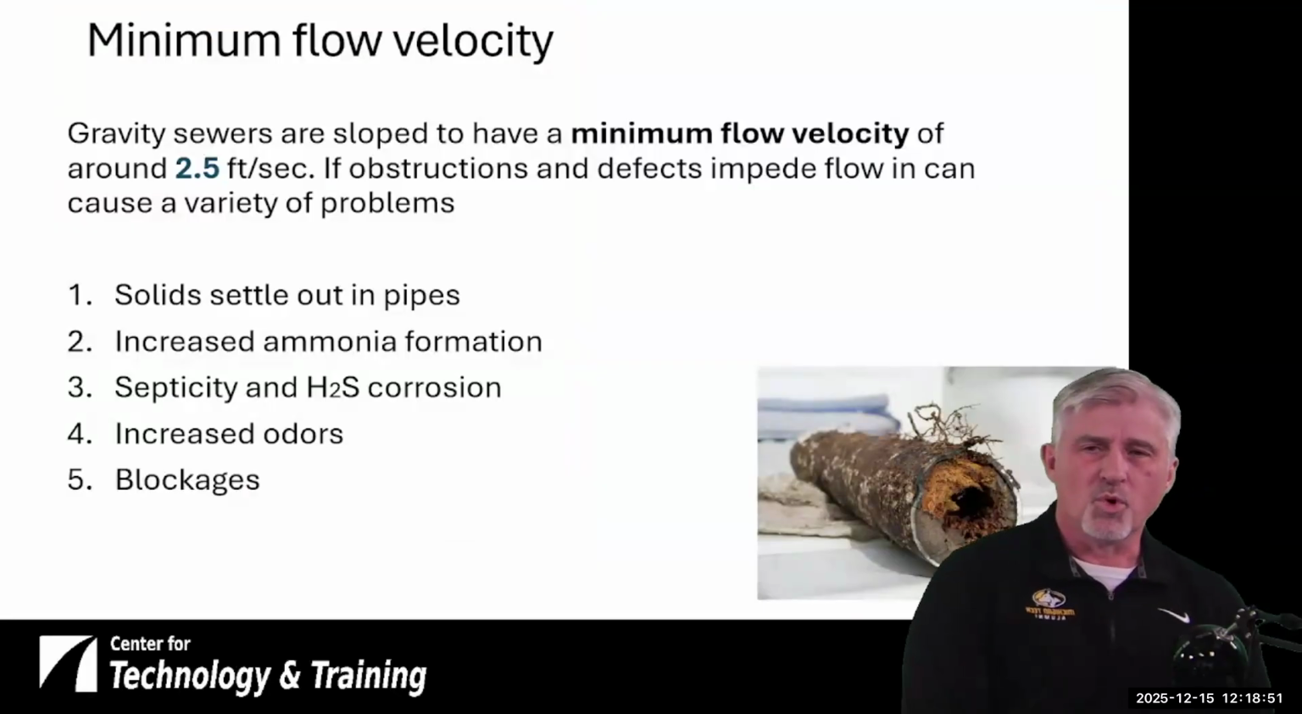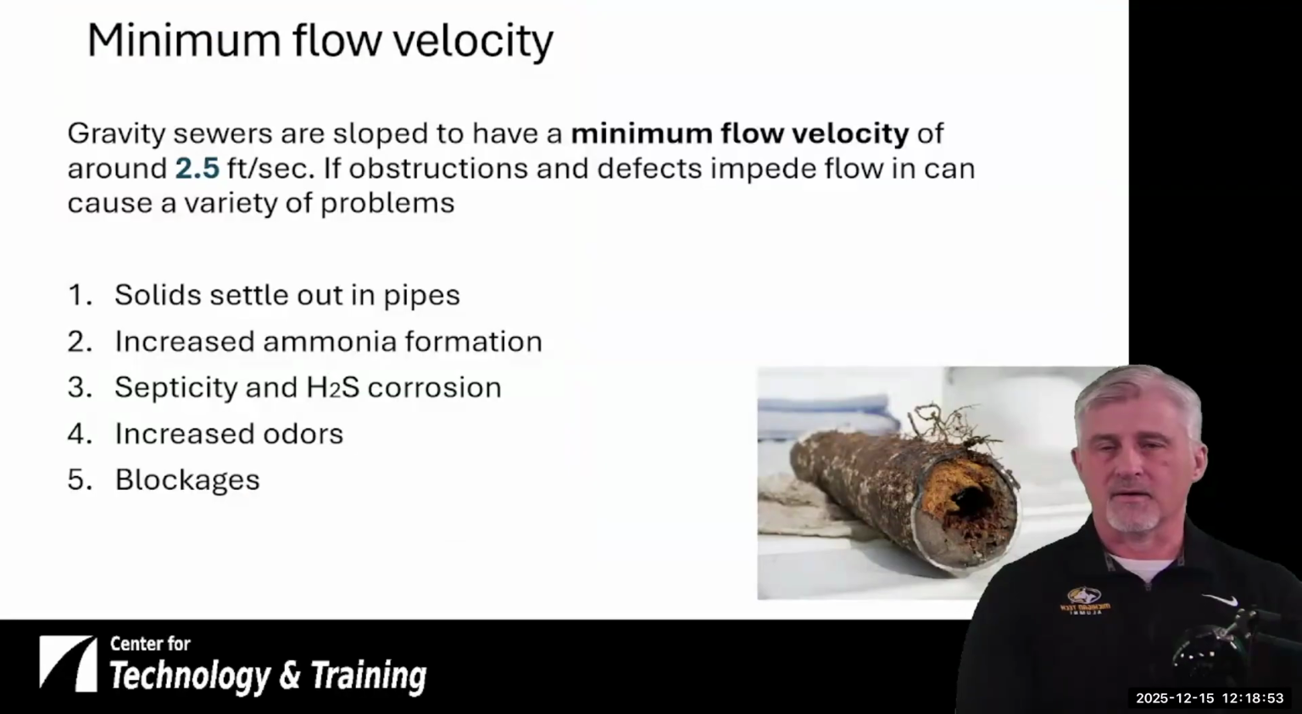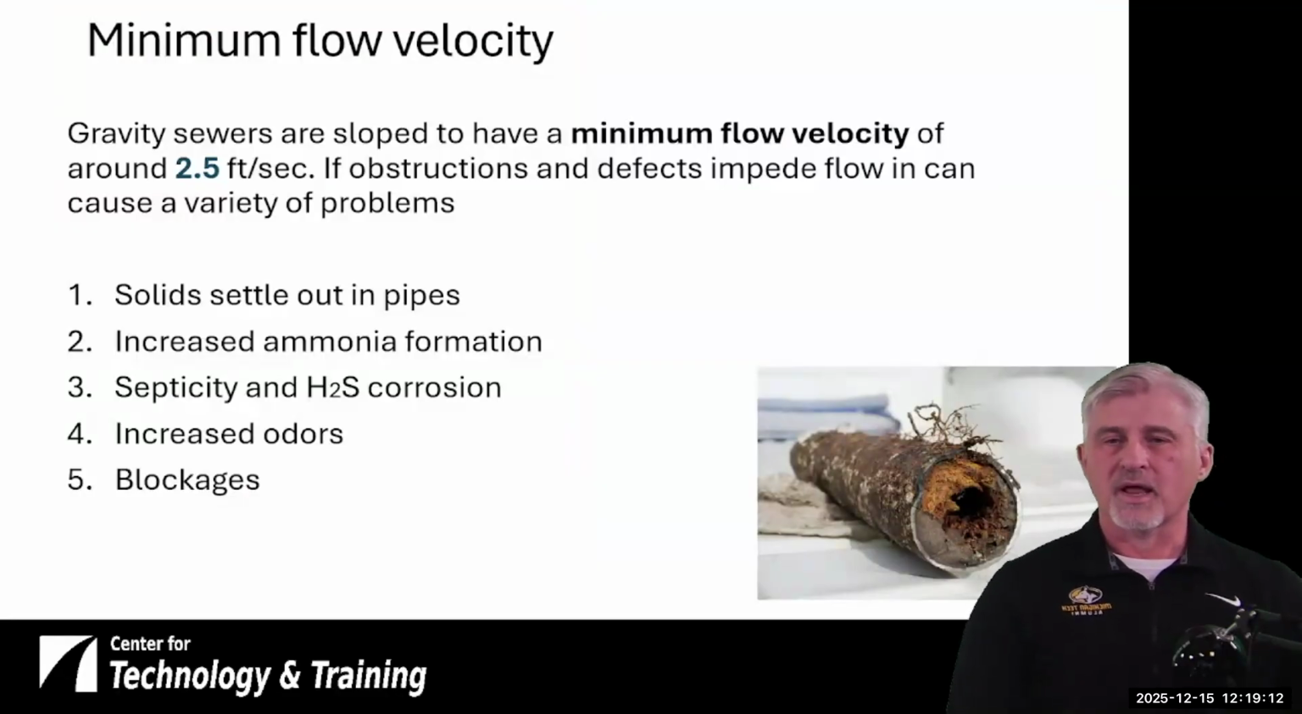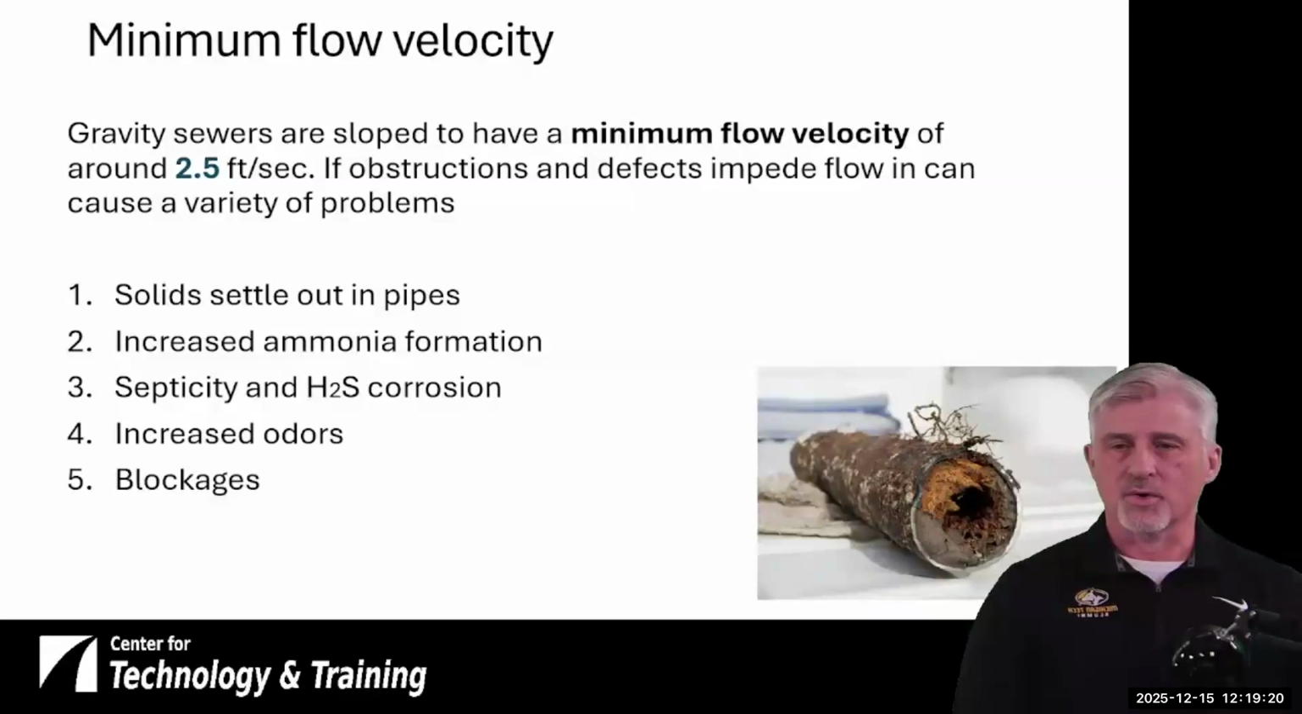So it's important in our distribution systems, in our collection systems, that we have a minimum flow velocity, and that's to avoid that stuff from backing up and the solids settling out in the pipes. If we can have a minimum flow velocity of around 2.5 feet per second, it's going to hopefully keep any obstructions and any defects from mattering. It's going to allow that flow to carry through the pipe and to not build up. But if we don't, then we have those solids that settle out in the pipes,